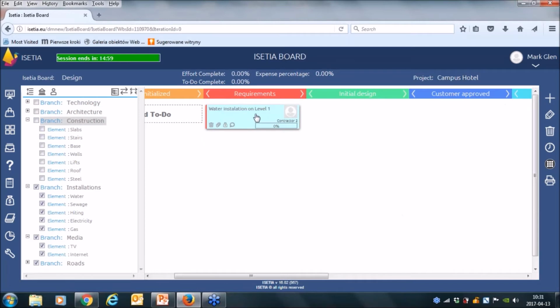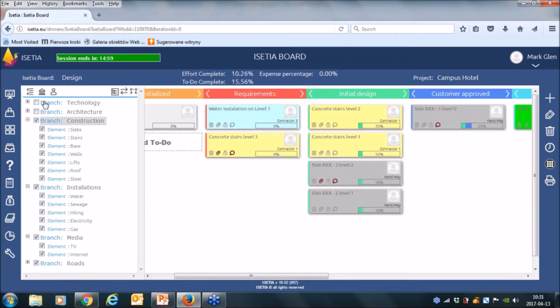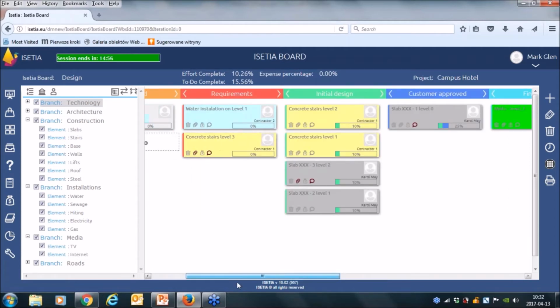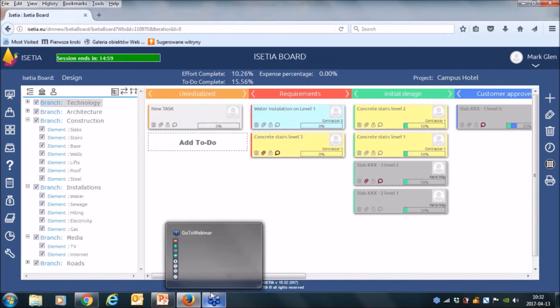So I can see the water installation on level 1 is performed by Contractor 2. So now I have entered all of our information. This is the map, I think it is the matrix, the map of what tasks are being performed and what stages they have reached.